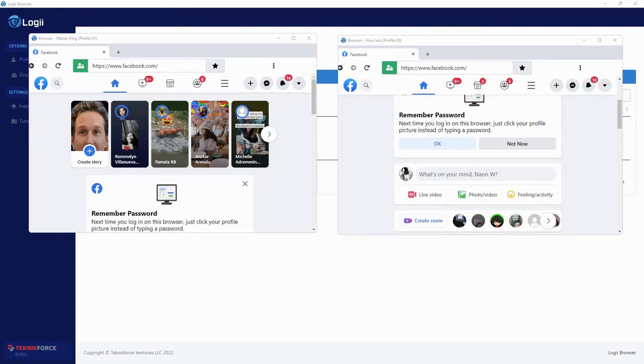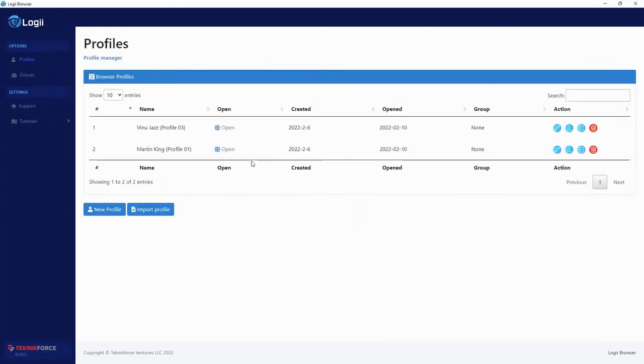You can put any type of content that you want, and you can create as many profiles as you want. You can connect them to proxies, you can connect them to different networks and log in from anywhere in the world you want into any software. Facebook, Google, Twitter, LinkedIn, no matter what you're using, you can do that. So you can do very secure multi-account, multi-login browsing, and you can do that for every sort of purpose online,